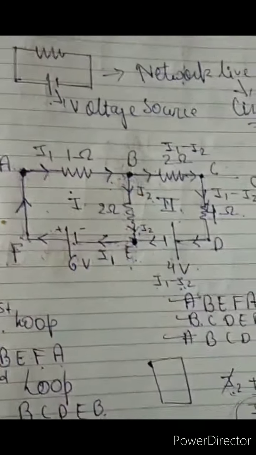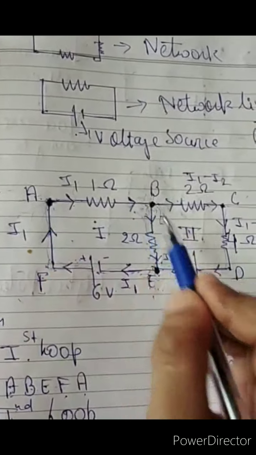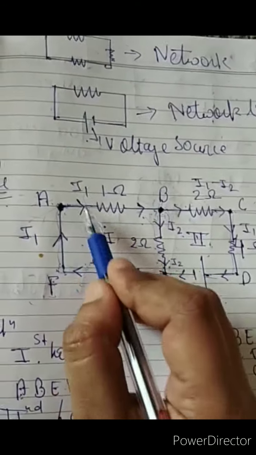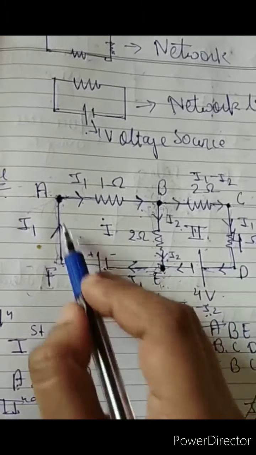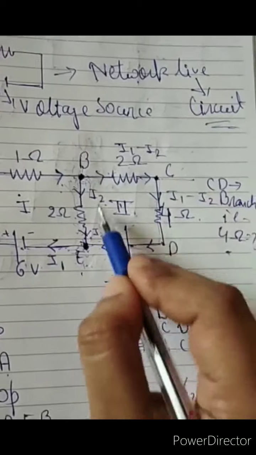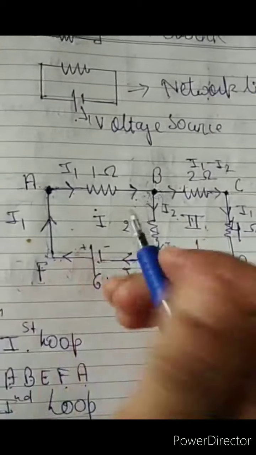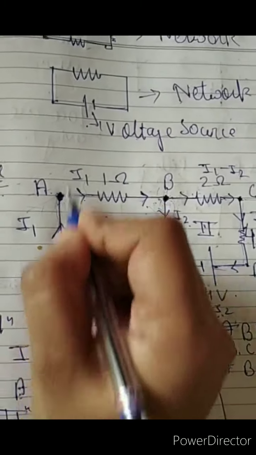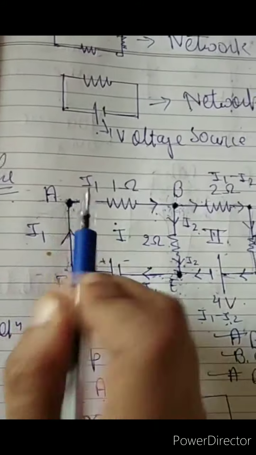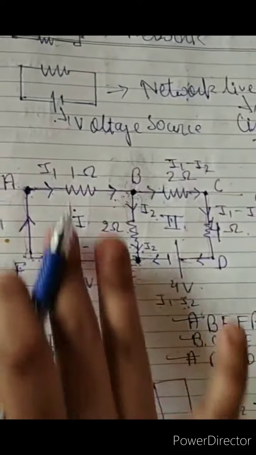Okay, and one more trick is there. Look at the closed loop A, B, E, F and A. In this loop only I1 is going, so make sure only I1 will come out at last. And here we have I1 minus I2. So make sure only I1 and minus I2 are running all over the loop. Now again I1 is going through it. Again this is just a wire extended. So I1, again I1 from A, we have now distributed the current. According to the current law we have distributed everything.